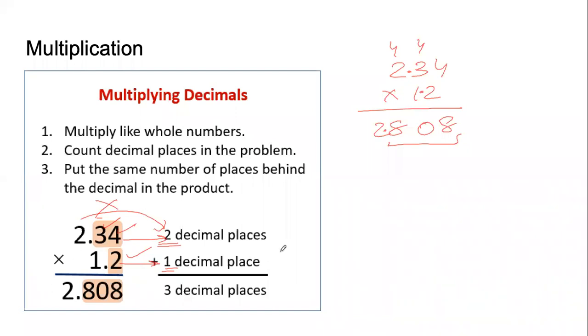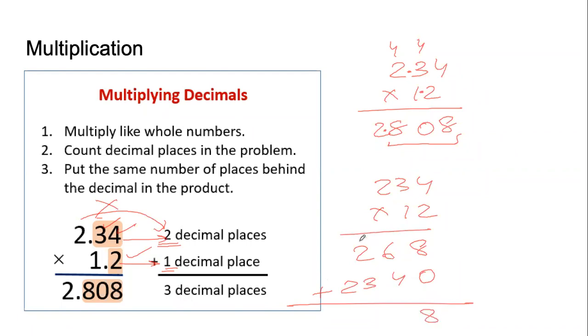Those who don't know the multiplication table of 12, you will do it like this. 234 into 12. 2 4s are 8, 2 3s are 6, 2 2s are 4. Leave a place, put this 0. 1 4s are 4, 1 3s are 3, 1 2s are 2. Add: 8, 6 4, 1 0 6. Was that right or wrong? What went wrong? Instead of 8 you wrote 6.